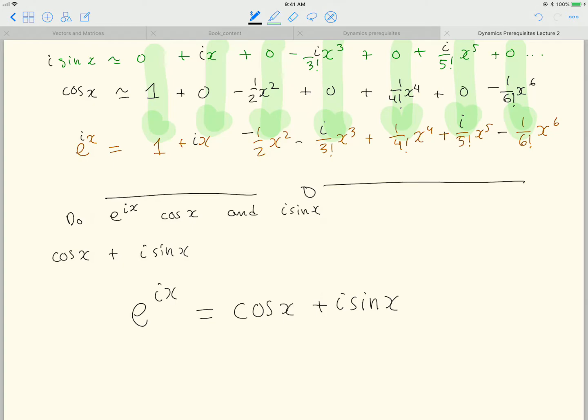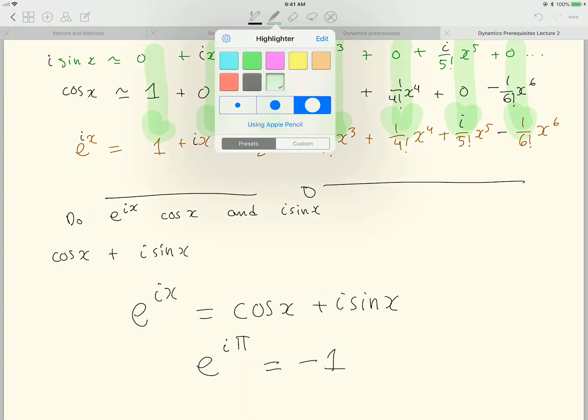And here's the super fun part that I love talking about. If we put in x equals pi, what's the cosine of pi radians? Pi radians is like 180 degrees. What's the cosine of pi? It's minus 1. And the sine of pi, the sine of 180 degrees, is 0. So what we've written out,